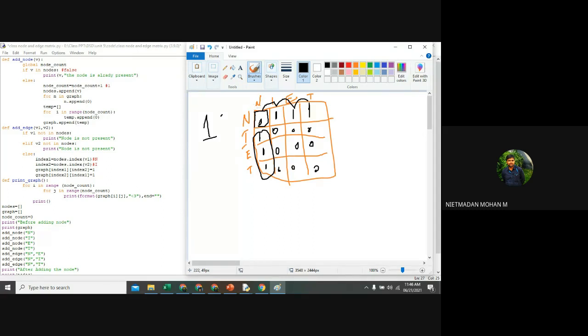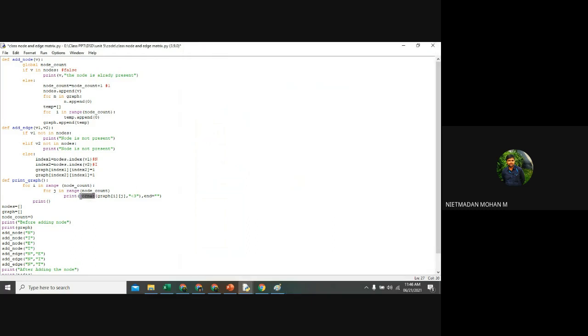Are you clear? First, in the i column, it will take this first node as your node, and after that it will take the first column, and then j will be incremented by one. Once j has been completed, i will be incremented by 1 again, and it will print the remaining values in the list. That is one of the concepts. In this concept, we are going to use this format method, which is one of the methods in Python to represent the elements in a list in a graphical matrix format.